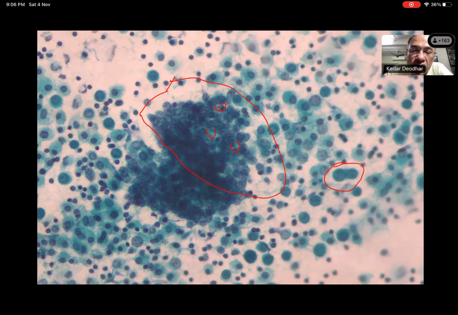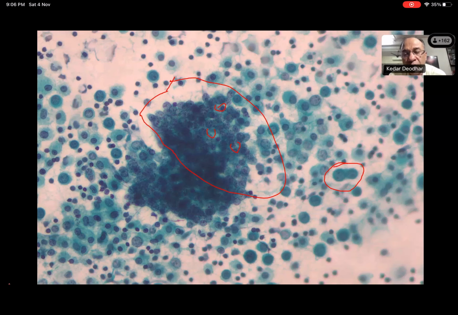I will also ask all the students to look at the history very carefully. If you look at a liver mass and this is ascites, the liver mass could be hepatocellular carcinoma, and ascites could be just a reflection of cirrhosis of liver and portal hypertension. There may not be actually cancer at all. So we should use our knowledge of background history and medicine, and think of the possibilities. The second step is to note what we can see on the slides, and the third step is interpretation of these smears. I think Salim has explained it very well. It's possibly a neuroendocrine tumor. So I think that's about it.